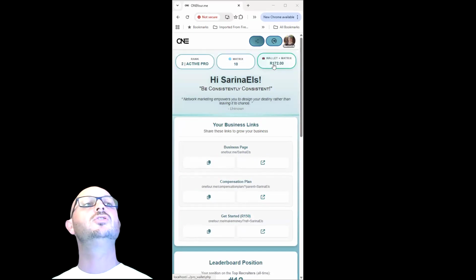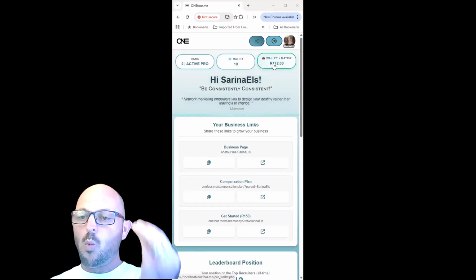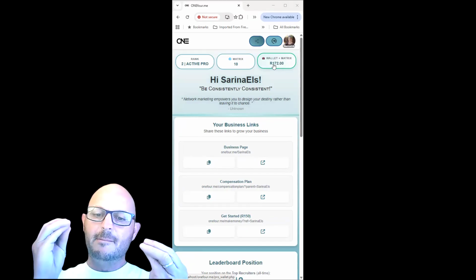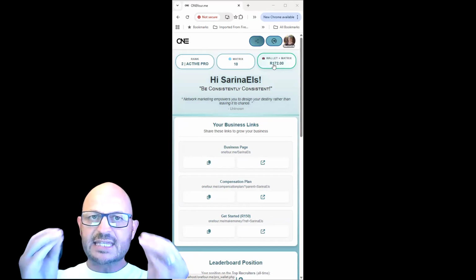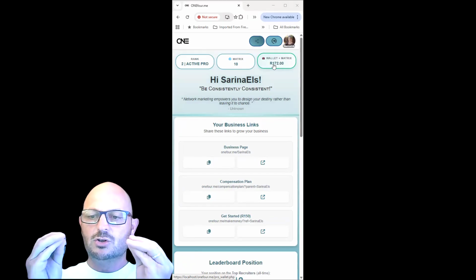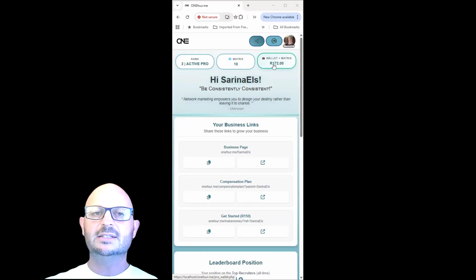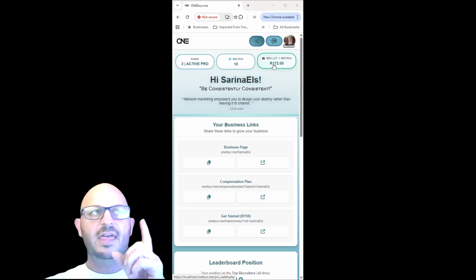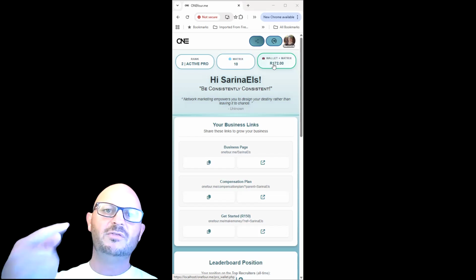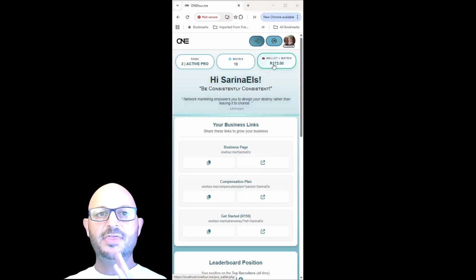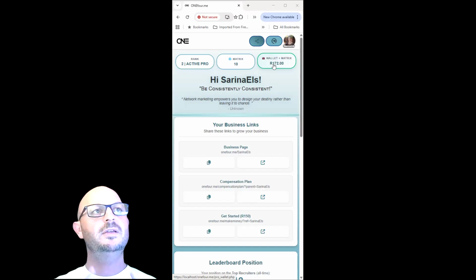Now, that 172 Rand for this particular user is the current wallet balance plus the matrix value as it stands right now. So, should this person not draw a single cent from their wallet, that is how much their wallet will be at the end of this cycle, how much it will be paid. Okay. Obviously, there are other things that come into play, like, for example, the subscription fee, but I'm going to show that to you now in a second.